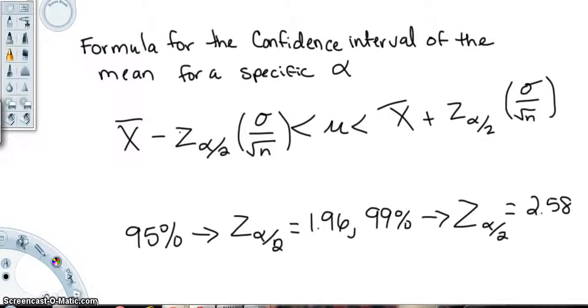Now for our z values, when we're looking at 95%, the z value of alpha over 2, we're looking at, ready for my sad attempt at a drawing. Hold on a second, let me draw first. Here we go, that drawing's not too bad. So remember when we're looking for 95% of our standard normal distribution here, if mu is the middle, we're looking at 95% being from here to here, and then we have 5% hanging off down at the ends.